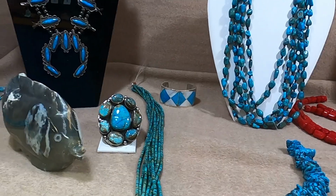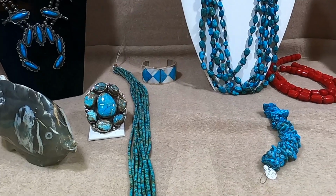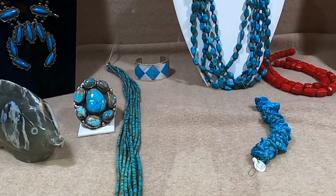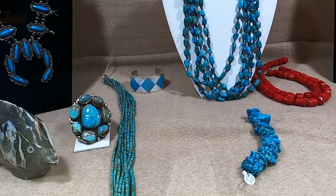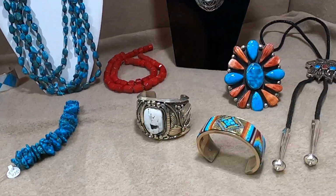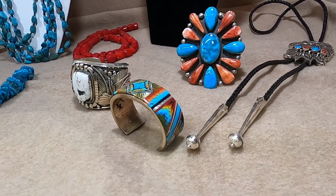It's really hard to see from back here, but just the turquoise and the abalone on the super thick cuff, real simple. The inlay doesn't look anywhere near perfect, but it's amazing. It looks fantastic. This right here, that cuff with the simulated opal and all that inlay,